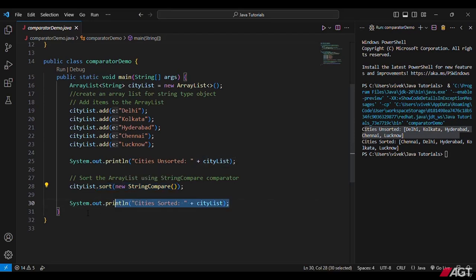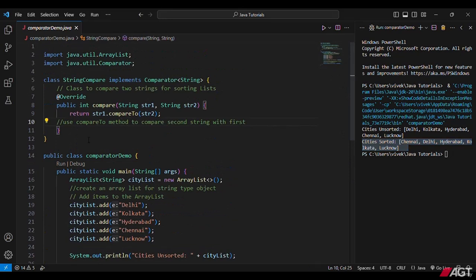method. Now if we go on printing this array list content, we find that it has been sorted in alphabetical order. The order has become Chennai, Delhi, Hyderabad, Kolkata and Lucknow, and you can find that they have been sorted in alphabetical, ascending order. In this particular demonstration, we have shown you how to use the comparator interface in our